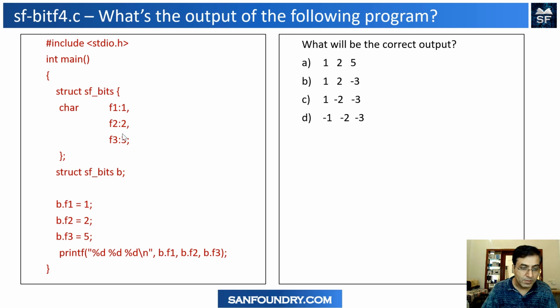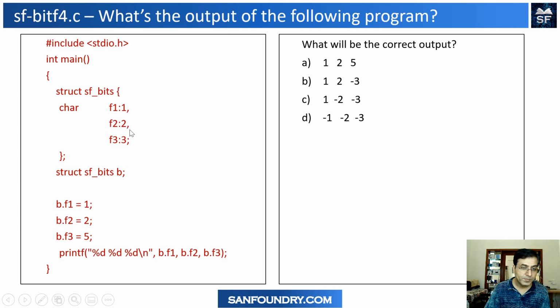So you will have a problem. If you look into F1, F1 is how many bits? F1 is only 1 bit actually. If it is 1 bit and you're saying it's a signed bit, it's a sign. That's it. So if you assign 0, it's 0. If you assign 1, so in terms of representation, when you say 1, it's a negative number. It's basically minus 1. So that's the reason it is printing minus 1 here.